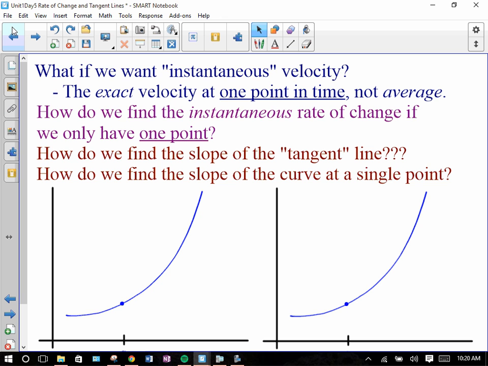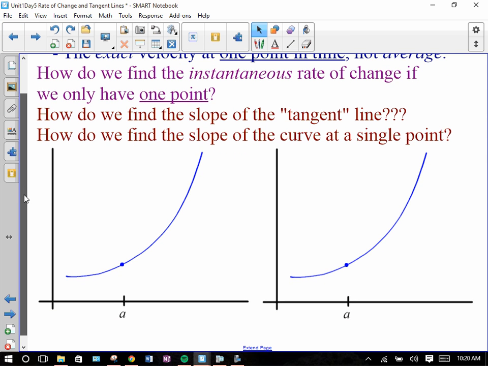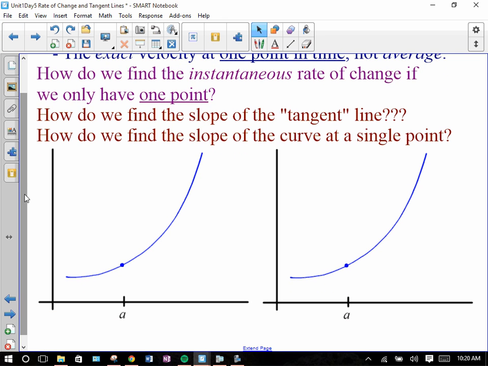Alright? So, you have these two graphs right here. What we know how to do is figure out, let's say we start at point A, and this is point B. So what we know how to do is we know how to figure out